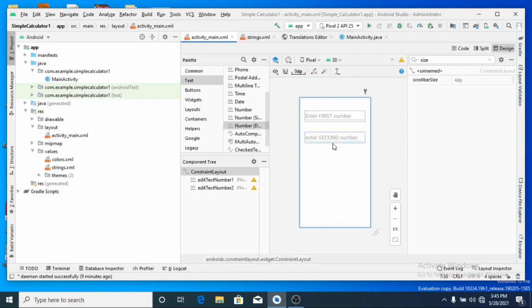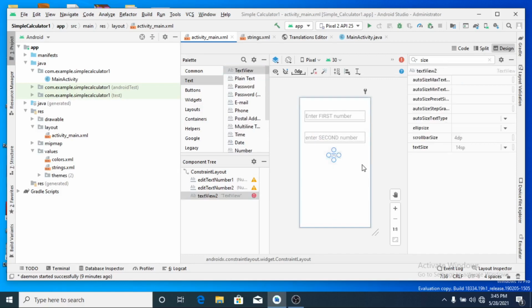Now these two are the numbers as an input on which you are operating. Now where the results should be shown, for that I will be using a text view actually. Bring it here.